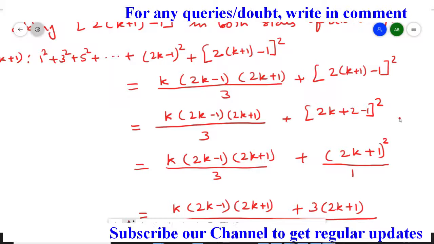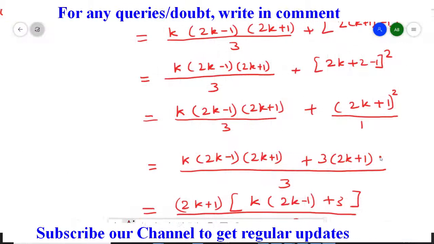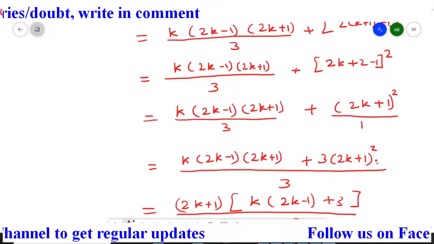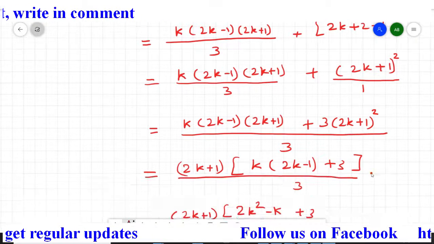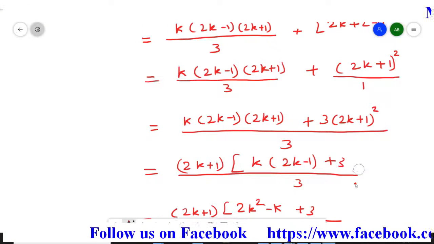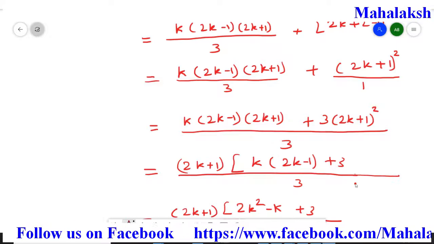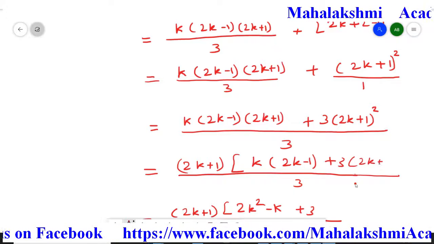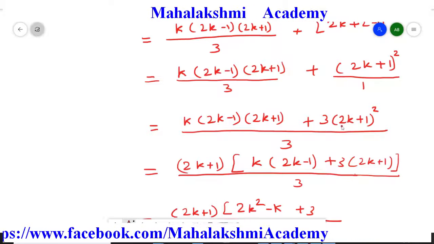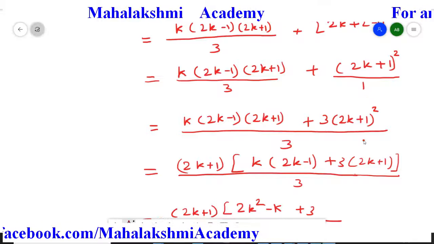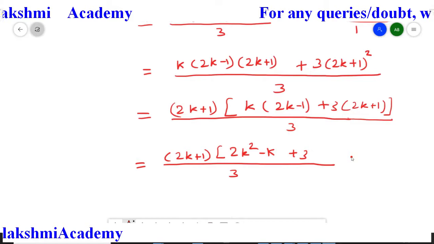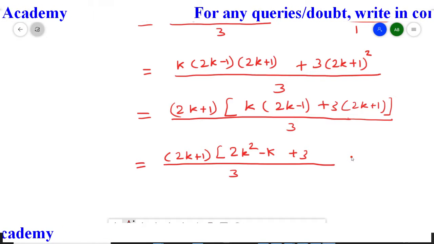So if we do square here, then in this step also we have to do the square. So now after taking 3 common there is a correction. With this 3 one bracket will remain, that is 2k plus 1 will remain, because only one bracket we took outside. From here only we took one bracket outside, so one bracket will remain. Now here we have to open this bracket also. So when we open this bracket, it will give us